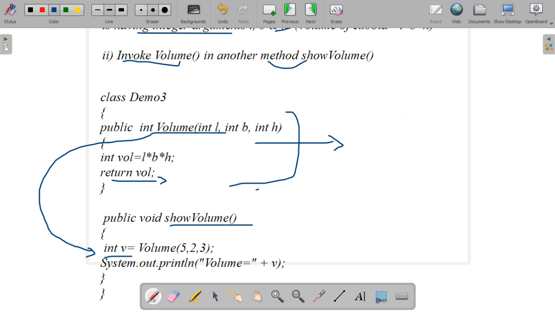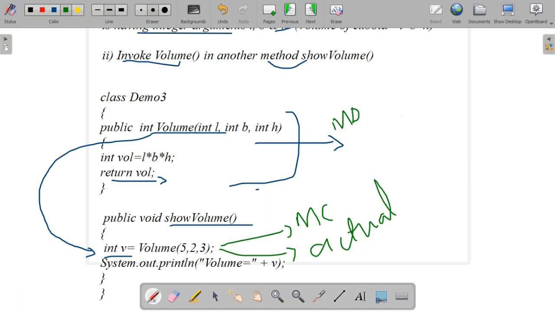It should be received in a receiving variable of the same data type, so int v equal to volume of the actual values we are passing here. So this is the method calling statement and this is the method definition. The parameters here, 5, 2, 3, are the actual parameters, the parameters passed in the method calling statement, and L, B, H are the formal parameters. So this is the way we write a method with a return type along with the parameters. Okay. So we can do some more exercises.